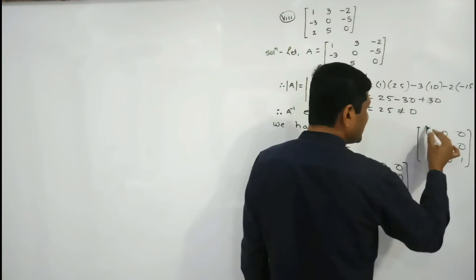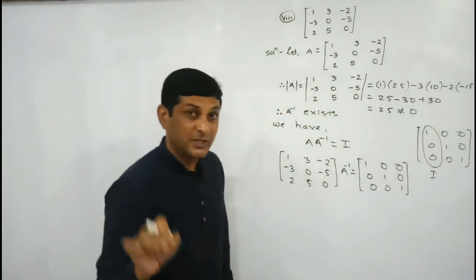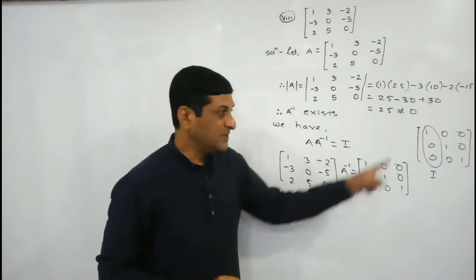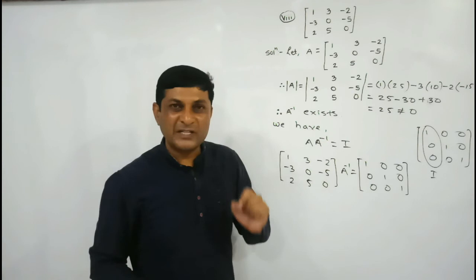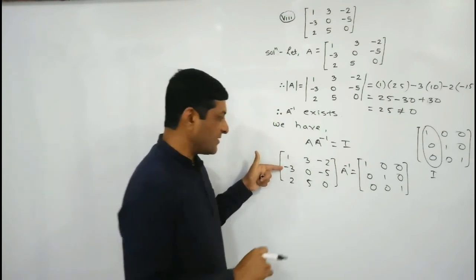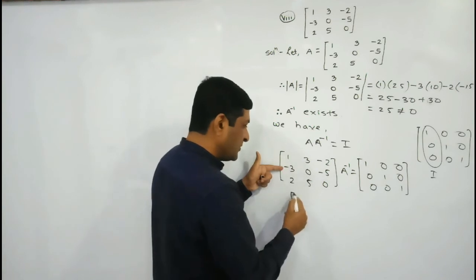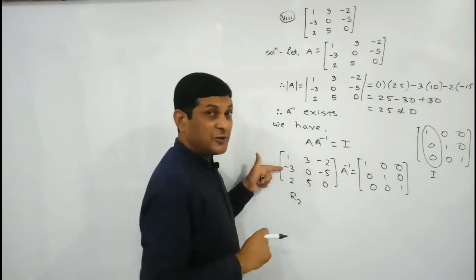And what is our first step? First step is to convert the elements of first column into 1, 0, 0 in case of row transformation. First, let us try to complete this first step. Means elements of first column should be 1, 0, 0. So already 1 is given to us. So here we will require 0. So our operation should be on the second row, because this is the element of second row.